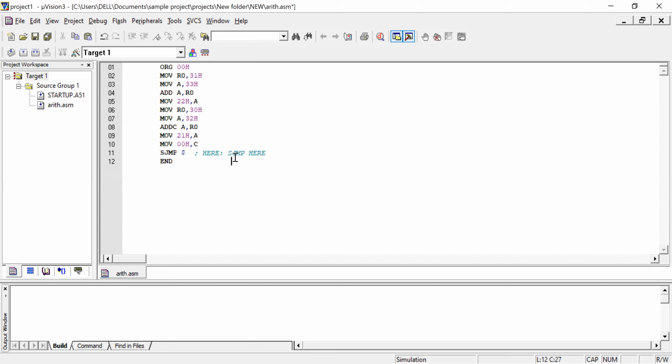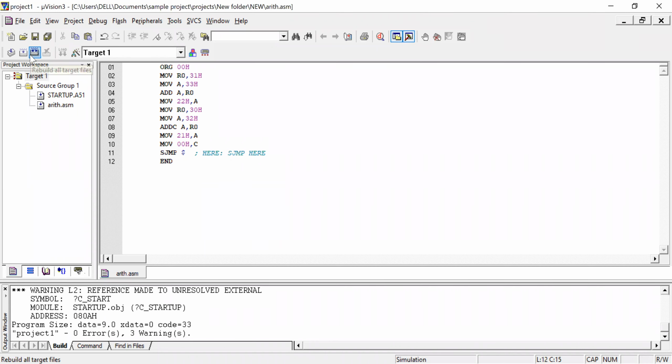That is, it will be an infinite loop. In place of here colon SJMP here, you can use SJMP dollar symbol. Both are the same. So this is a simple program. So as per this program, I'll build the program now. I'll check out.